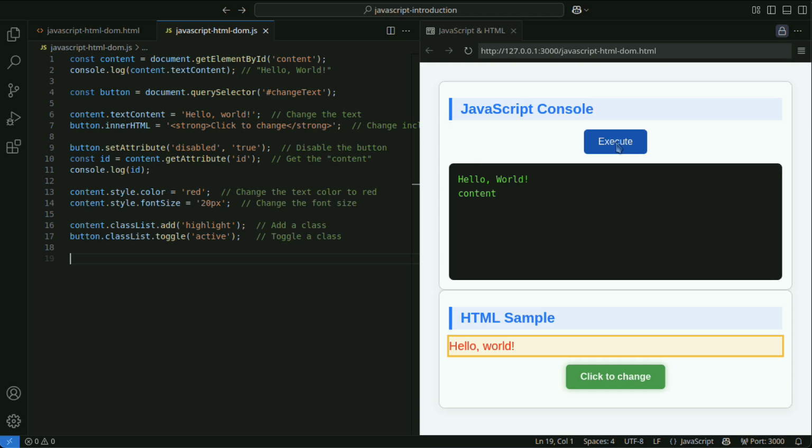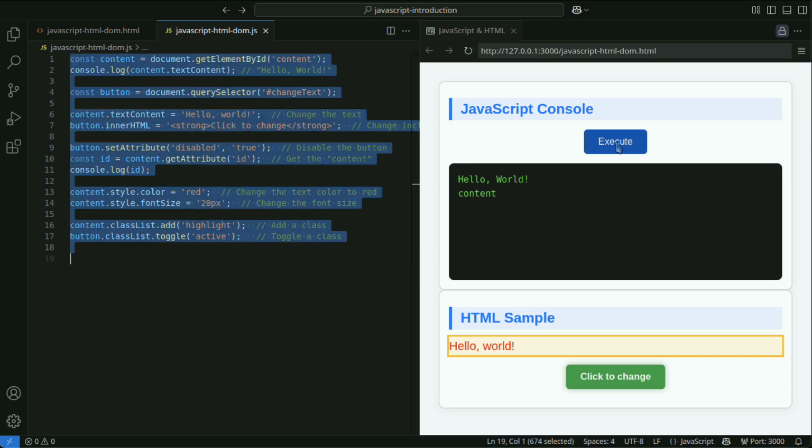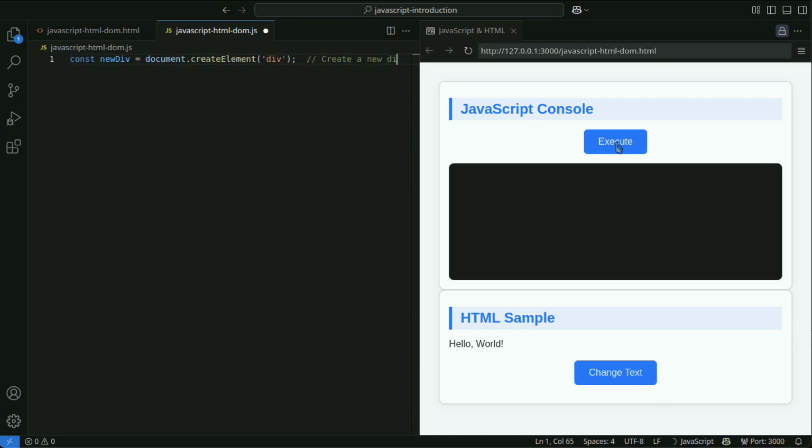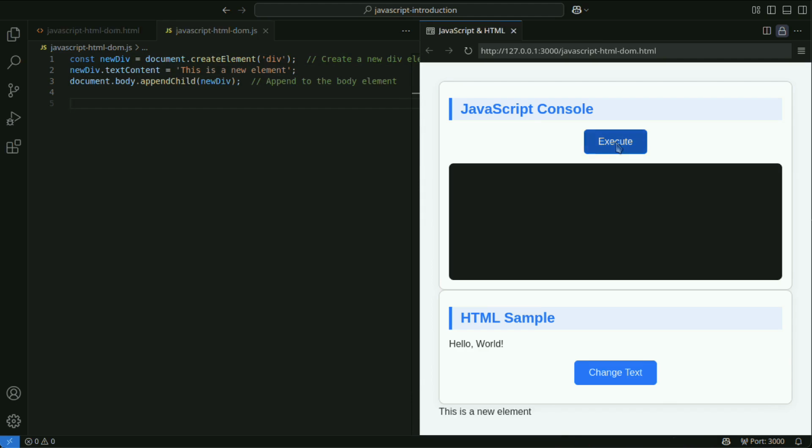Use document.createElement to create a new element and add it to the DOM. Use the remove method to delete an element.